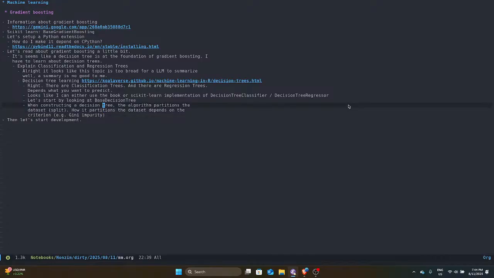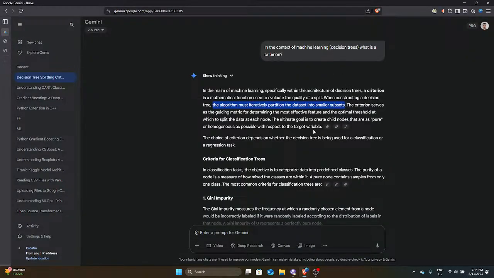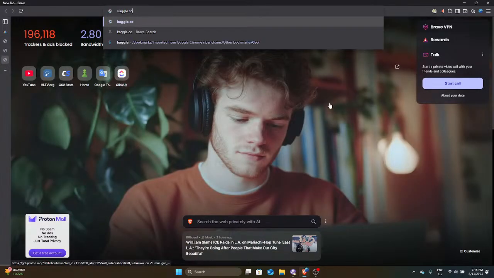Okay. I mean, that's understandable. The criterion serves as the guiding metric for determining the most effective feature. Interesting. So the algorithm itself determines the most effective feature, but I imagine that it helps a lot because you do preliminary data cleanup and analysis. So first you're obviously gonna clean out the stuff that's obviously not useful, right? Because I'm working with